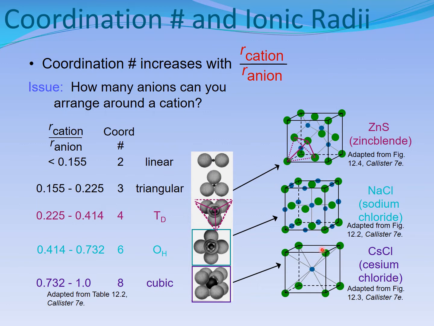So they are showing you that sodium chloride is this type, cesium chloride is like this type, zinc blende is like this type: minimum radius ratio, the coordination number, triangular, 4, 6, 8, radius of cation to radius of anion. So we are just repeating the same thing that we have just done a little earlier.